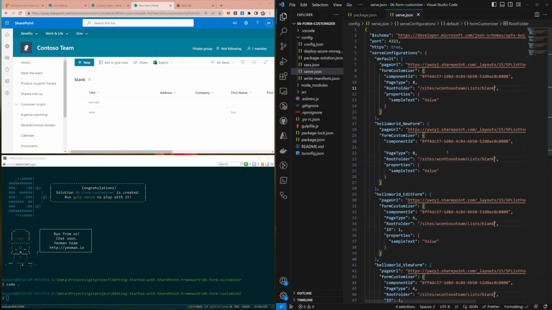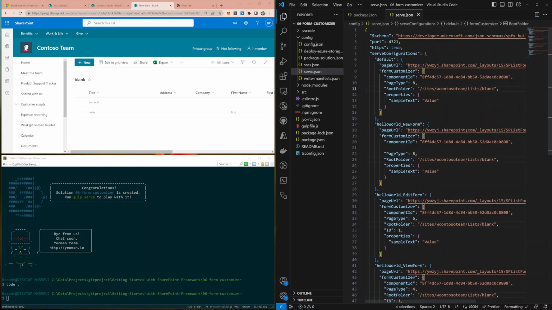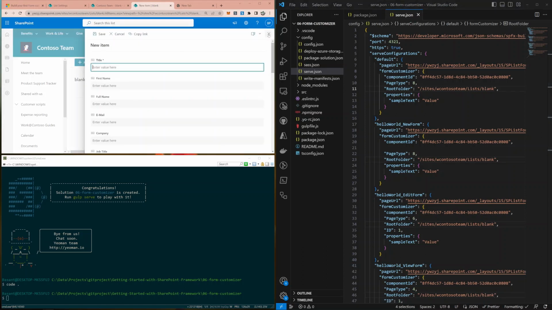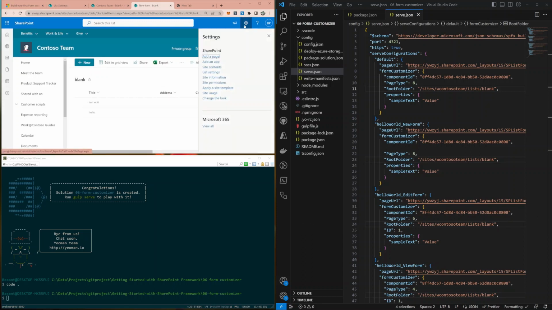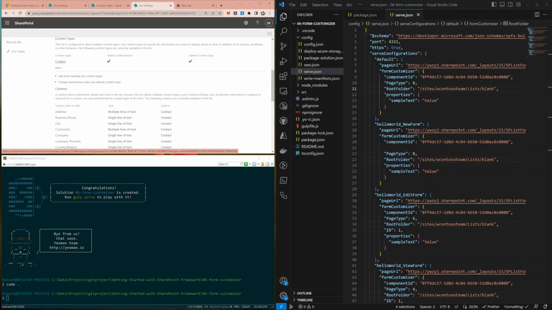So now we have updated, we are almost there, right? And the last thing, we need to tell this customizer to look for a specific content type. The content type that I have created, it's contract, right? So for the site information, I go to the site list settings. In this list settings, if I click here, you see